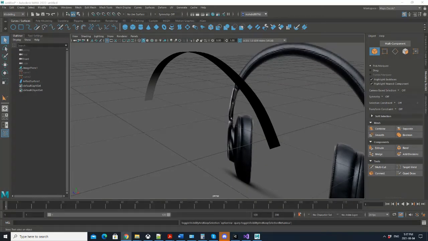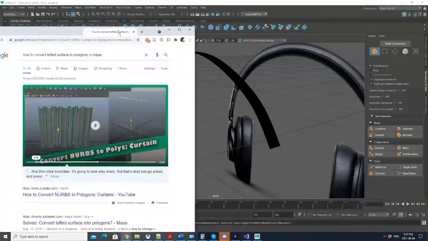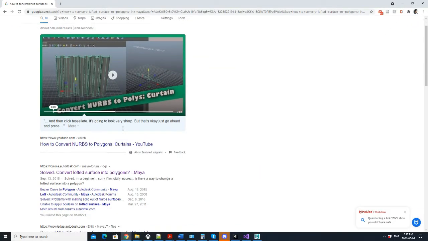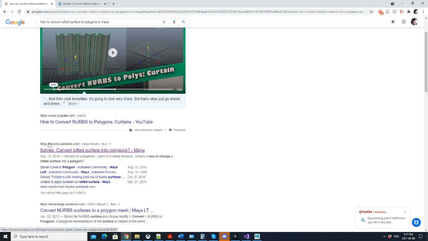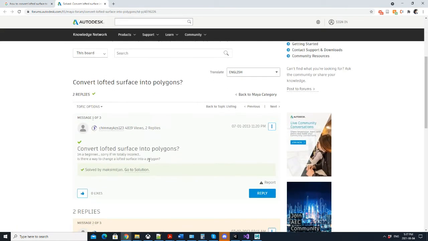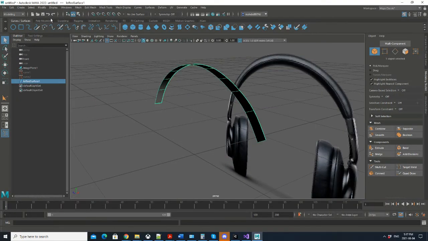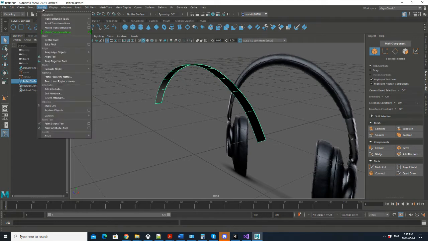Yeah. So for example, I want to know how to convert a NURBS surface to polygons in Maya. Actually, most of the times you can find it in the Autodesk forums, and let's see how it works. Yeah, they say modify, convert, and then NURBS to polygons. Okay. So what I have to do is to just click on my lofted surface, and then